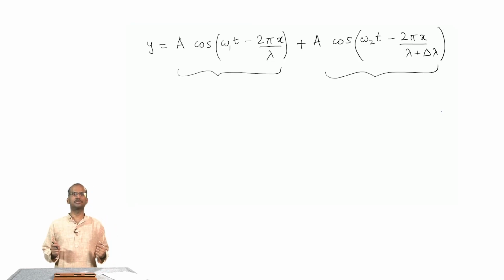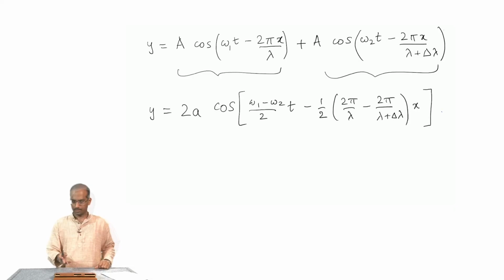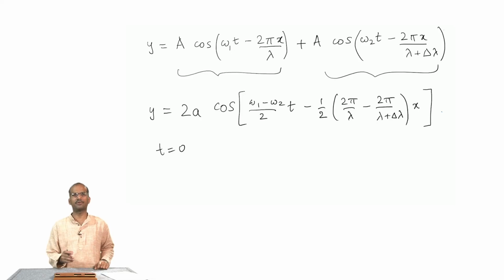What we are interested in is the slower oscillation, because that is the modulating envelope. So, I am not going to write out the faster oscillation part. Let me just write out the slower one. I have written down the resultant, and as I said, I have kept only the modulating envelope part. There is one more cosine term which I have not written down here. We do not need it for the way we are solving it, and also I do not need the time part. So, let me choose t equal to 0, because the result is valid for all times. It does not matter what time I choose.